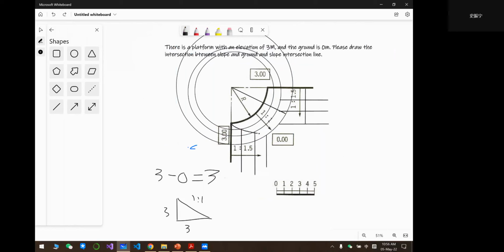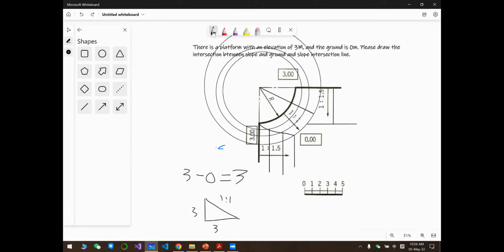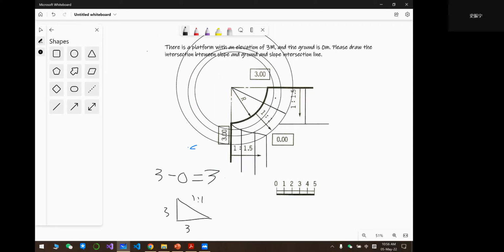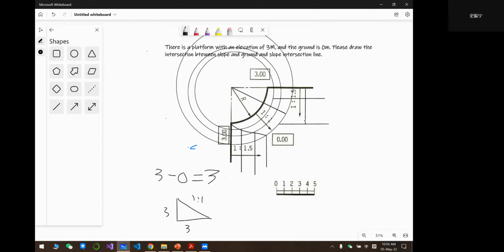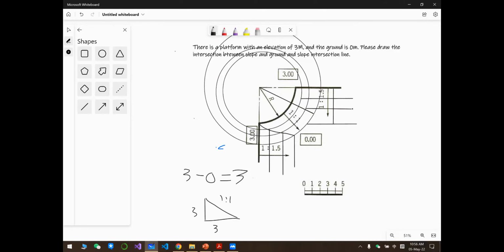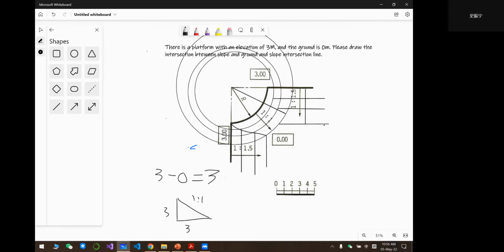So this one, and I have to move it. Two. Okay. 1. And then connect